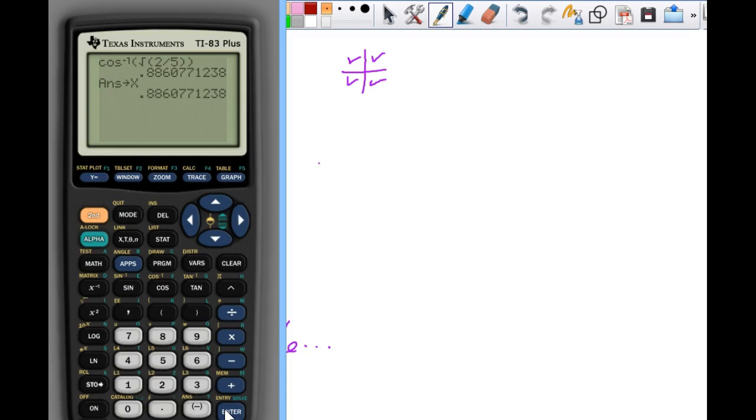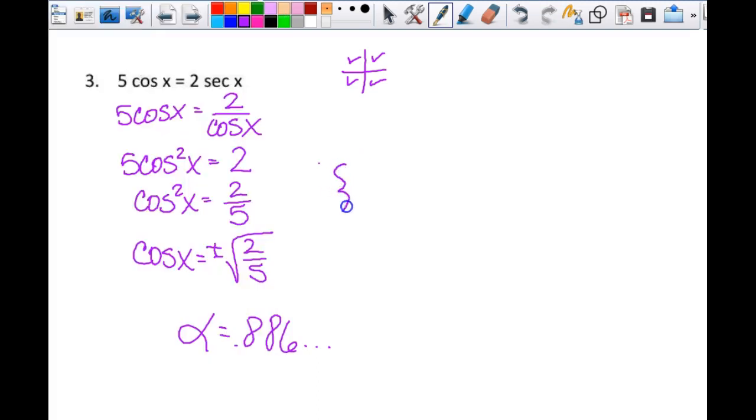So then I've got to have all 4 of them. That means I need to do pi minus X, pi plus X, and 2 pi minus X. Then I make sure I round correctly so that my answers